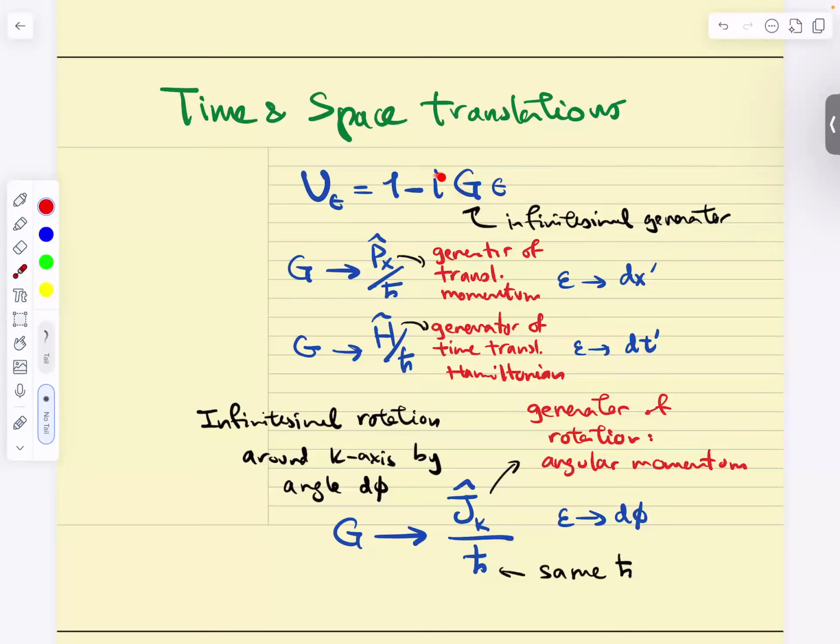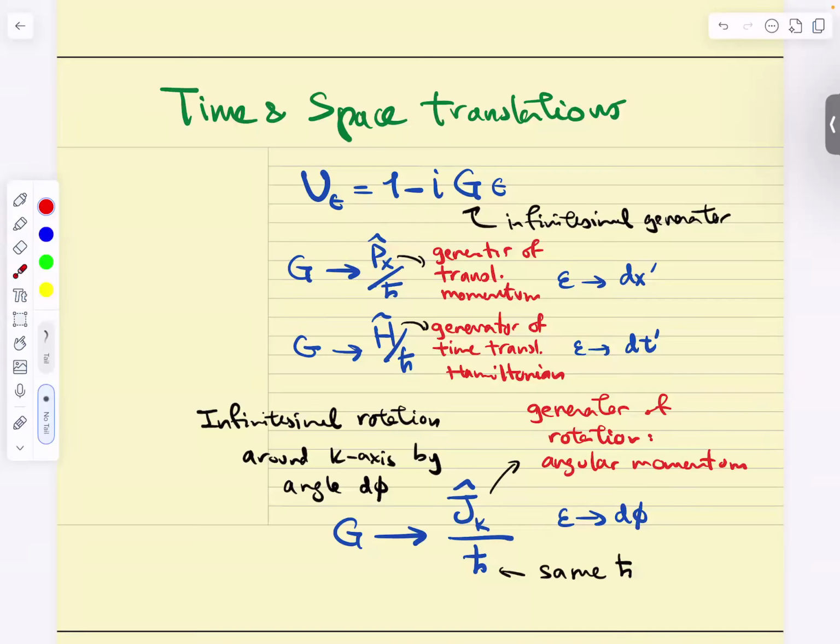Why do we pull out the i? So that the generator is self-adjoint. Right? We worked this out on the chalkboard, that the requirement that you are unitary tells you that you have to pull out an i so that the infinitesimal generator is self-adjoint or Hermitian. I keep saying self-adjoint because I'm